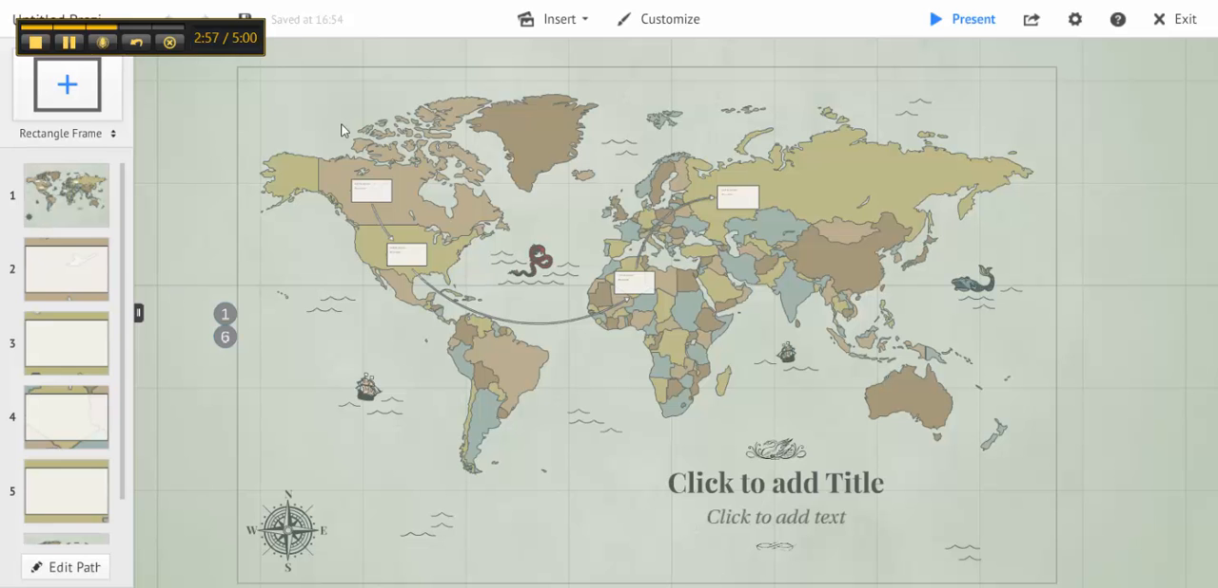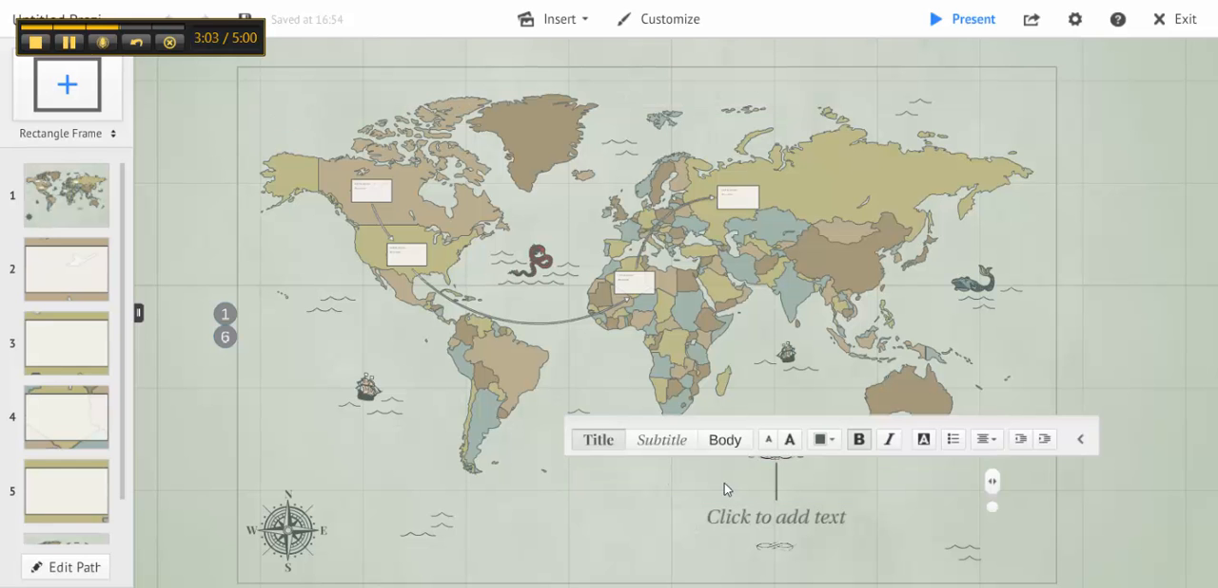To add text anywhere on your presentation, all you have to do is click it and a text box will pop up. But here you can see they have a place for you to add a title, and you can edit the title. You can add any text. You can resize it, and you can move it